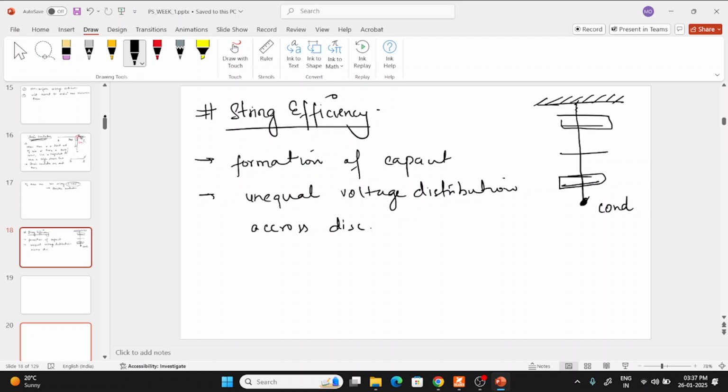So basically, it will lead to the unequal distribution, and this unequal distribution is very much undesirable. Okay, इससे जो है मैकेनिकल स्ट्रेंथ ऑफ द डिस्क हमको अलग अलग उसके लेनी पड़ेगी, ठीक है।